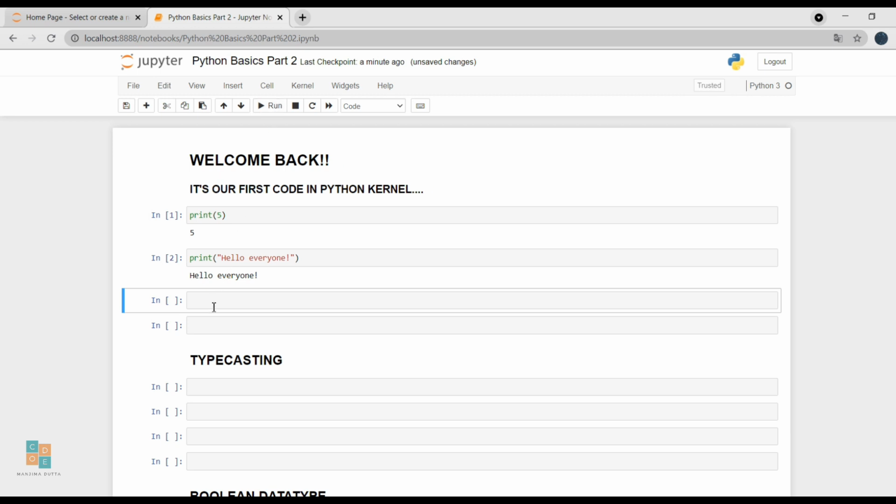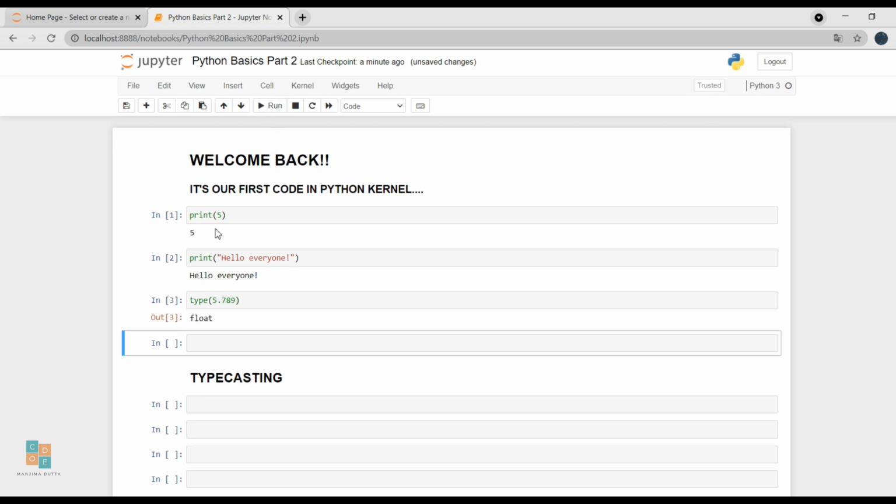Now if we want to check the data type of our data, as in what data type category it belongs to, we need to put the type command like this, and within the brackets we need to put the data we are checking the data type for. Let's say if I want to check the data type for this number and then run it, it's giving me the float output.